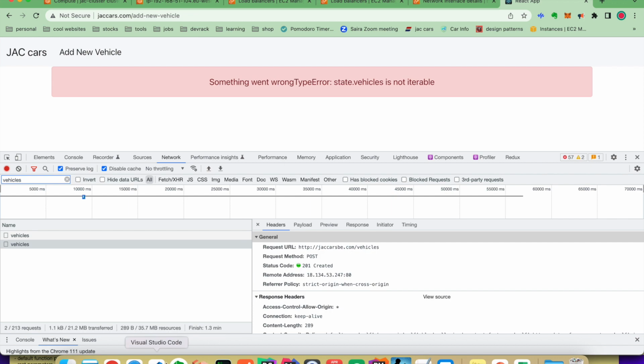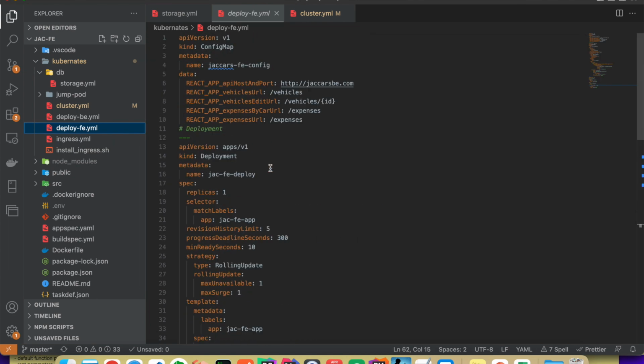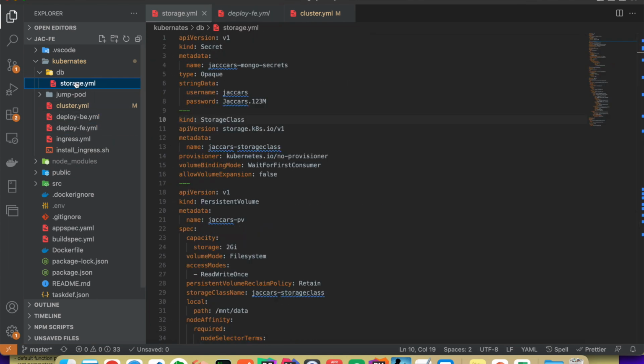And obviously you can look at your configurations and improve them as per your needs. For example, if you want to create dynamic storage, you wouldn't use no provision. For example, you want to use the Amazon Elastic Block Storage by AWS. So you will mention that provisioner here, and there's a whole lot of stuff that you can mention here. You will have to look at the documentation on what options you can use. But yeah, this was just a quick introduction of what Kubernetes is, how it can be used to deploy applications